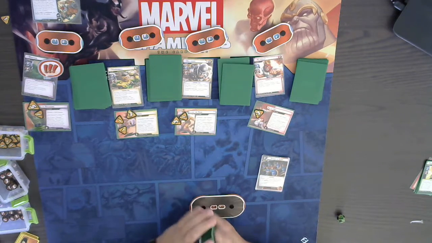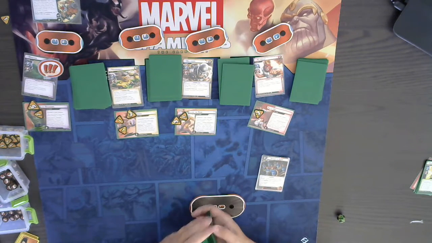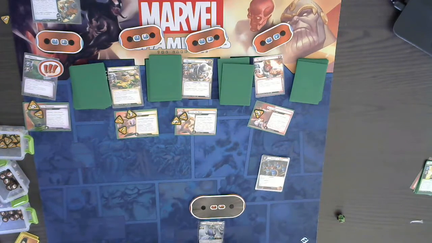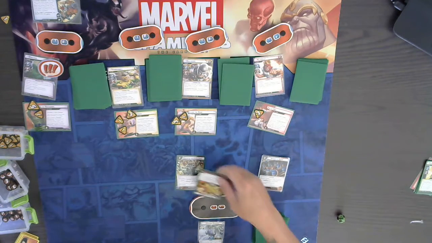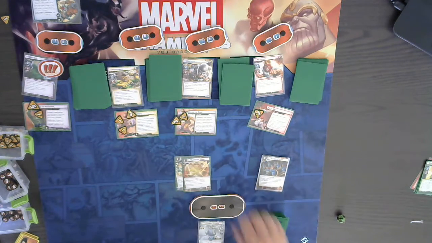There's no obligations to worry about. There's no standard cards, no expert cards, so there's no advance. There's no shadows of the past to deal with. So we'll see what happens. So let's go ahead and we'll get Master of the Mystic Arts. Then we'll get Protective Ward,